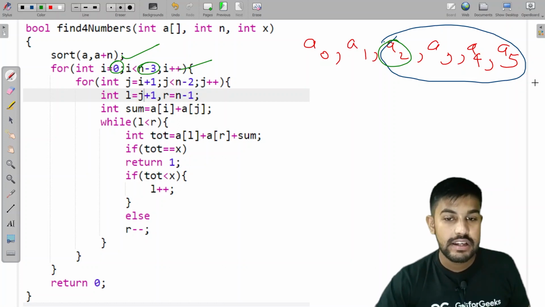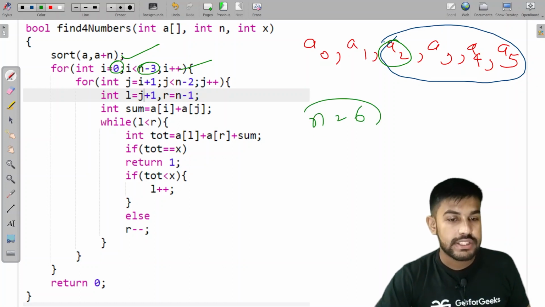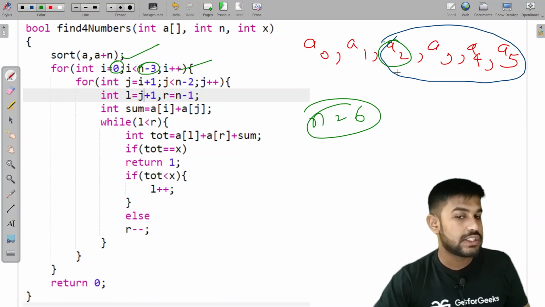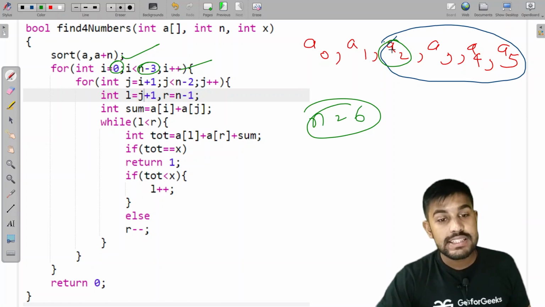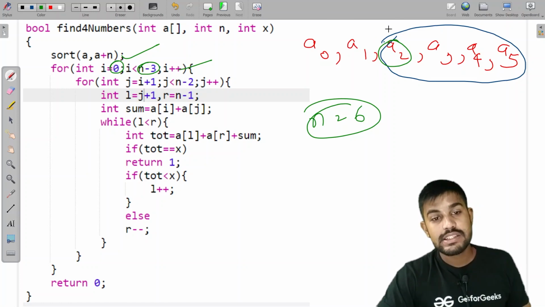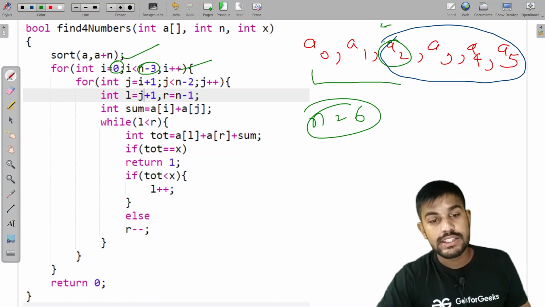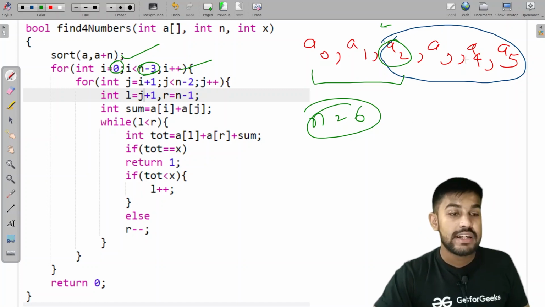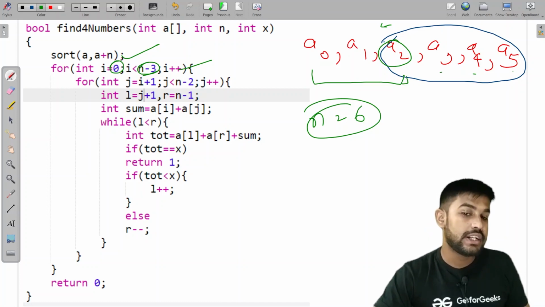Here n is equal to 6, so this is 6, this is 5, this is 4, this is 3, this is 2. So i can go only till this much, less than n minus 3: n minus 1, n minus 2, n minus 3. So we are going till this much.